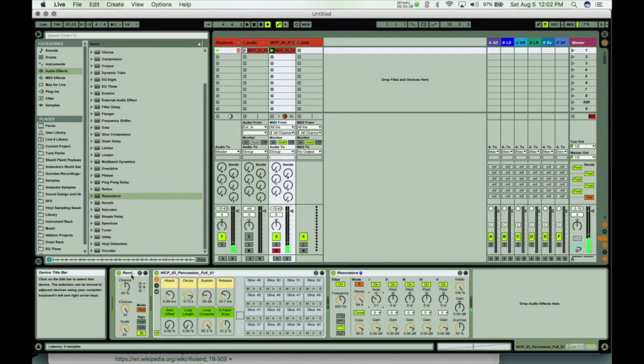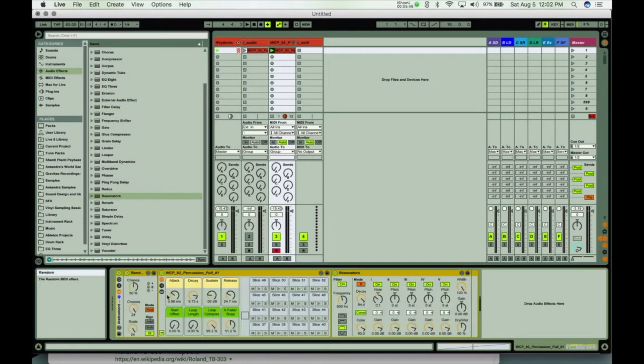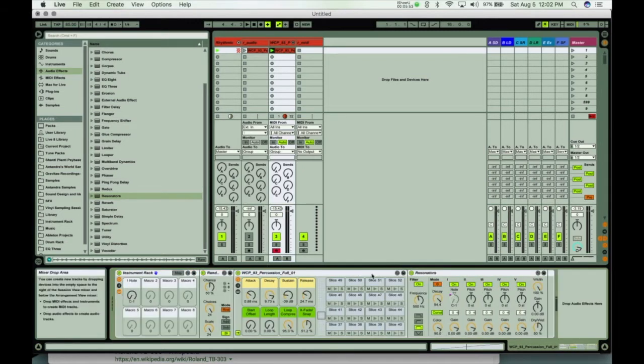So now at this point I can make this into a group, Command G. And we have our items grouped, and I could map this note to macro 1. I could map other things. Let's see what that sounds like though. And I can adjust the